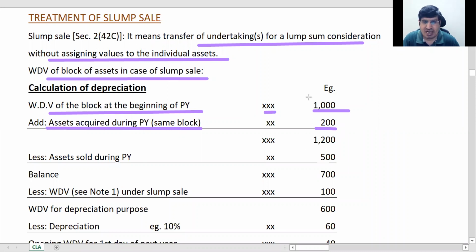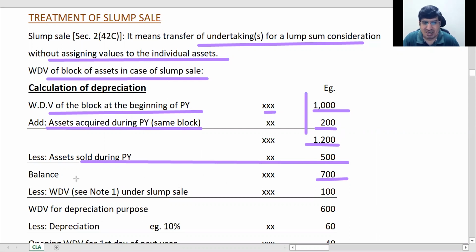Okay. तो ये दोनों ऐड हो जाते हैं. Then assets sold. ये सब नॉर्मल है, करेक्ट? We do it normally also and you get the balance. ठीक है, यहां तक हम करते ही करते हैं. ओके, राइट? So till here you will do as normal. Okay, now